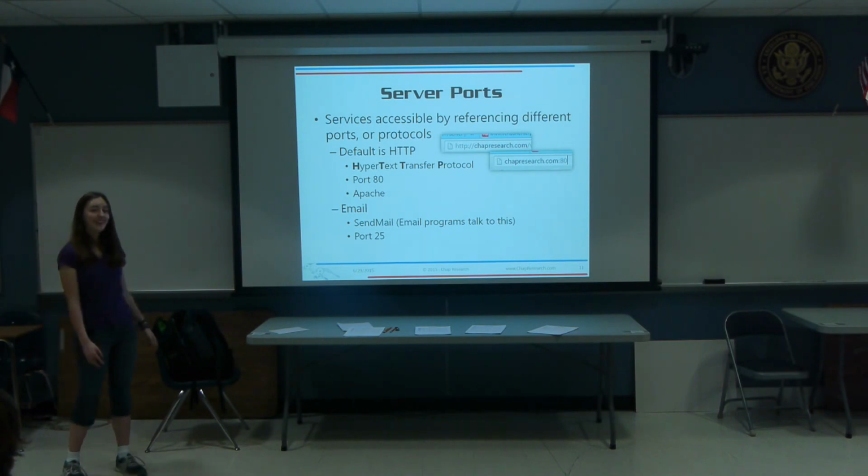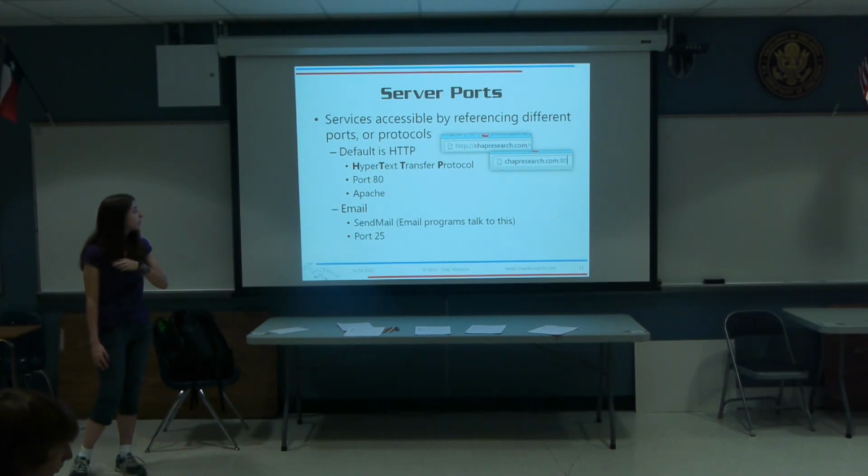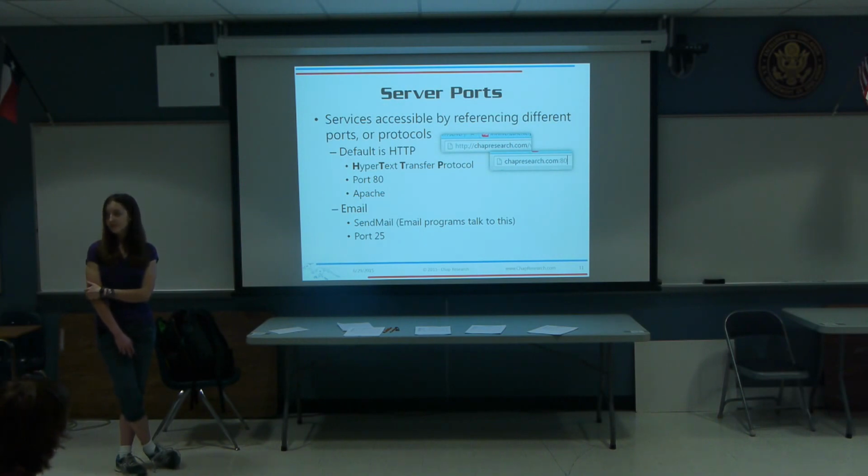Can I try this one, Rachel? Go ahead. So Ben, on your physical server or whatever, every program is listening for data. They're listening for network traffic. And whenever something comes into the IP address, the machine knows which programs are listening, but it subdivides them by what port they're listening on. So the email program will come up and say, hey, anything coming in on 25, give that to me. And the operating system's like, cool. And same thing with your browser. It comes up and it says, hey, anything coming in on port 80, give that to me. And whenever it comes in, it hands it to it. That's the idea. All right, everybody good?